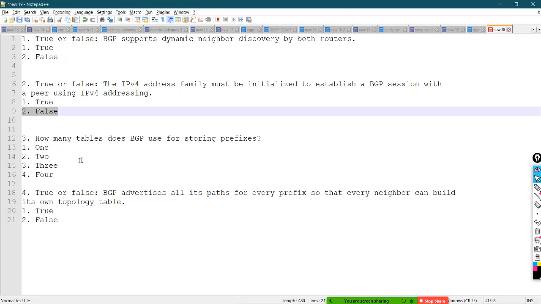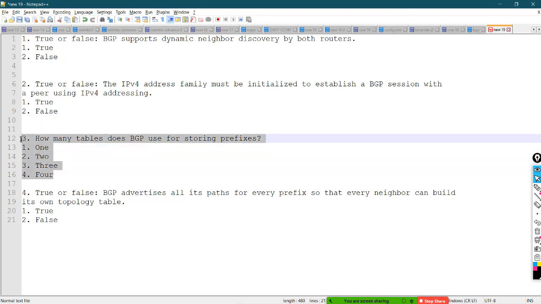Regarding question number 3, how many tables does BGP use for storing prefixes? Let's say two brand new routers are configured for BGP and they're forming a successful neighborship. You know what is happening. There are different kinds of packets: open send, open confirm, update packet, notification packet. All these are carrying some prefixes.